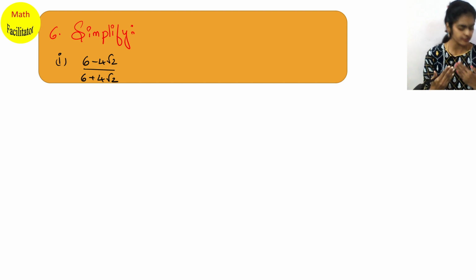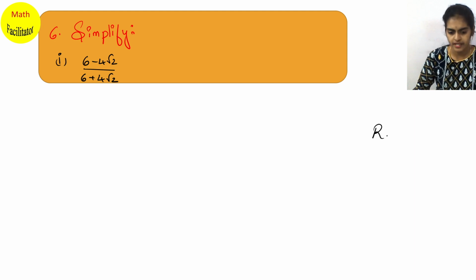In question number 5, as you all remember, we have done rationalizing the denominator. Do you all remember? We are going to do the same thing here also. You need to simplify this and get a simple answer. Meaning of simplify is you have to do something and get a simple answer. So what is that something? We are going to rationalize. Rationalize whom? Rationalize the denominator, right? So let's do it now.